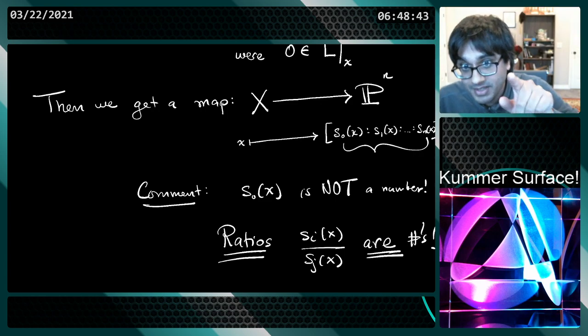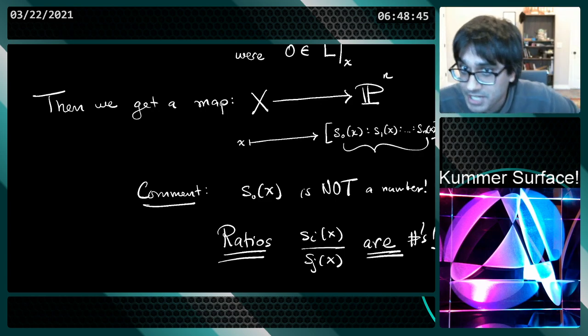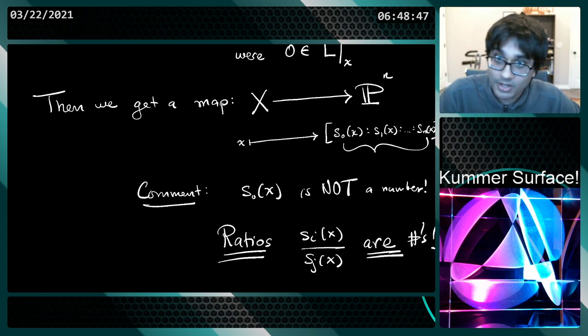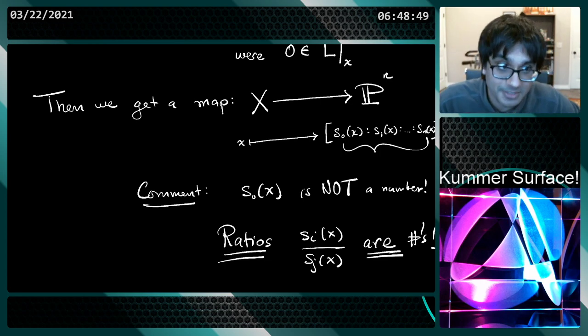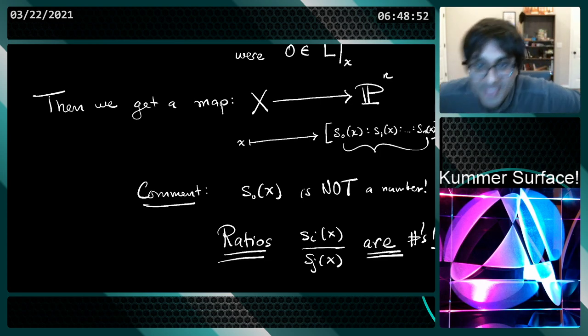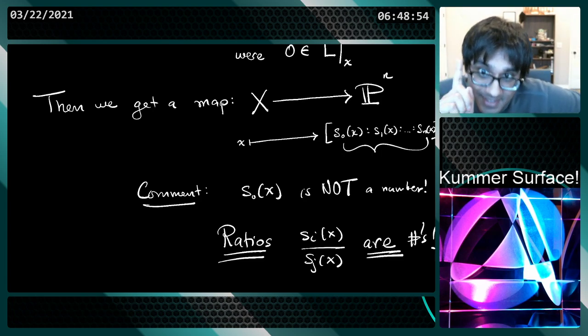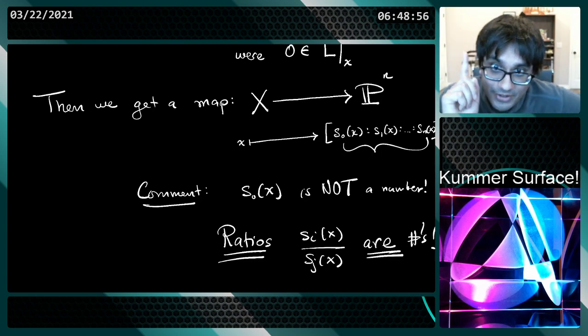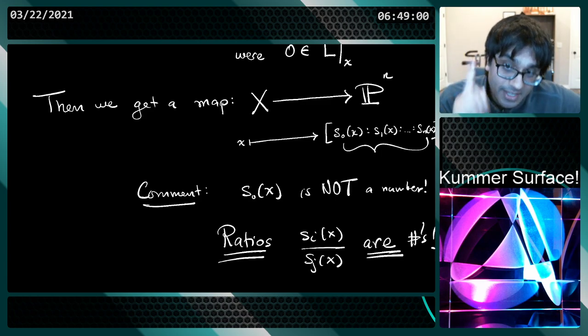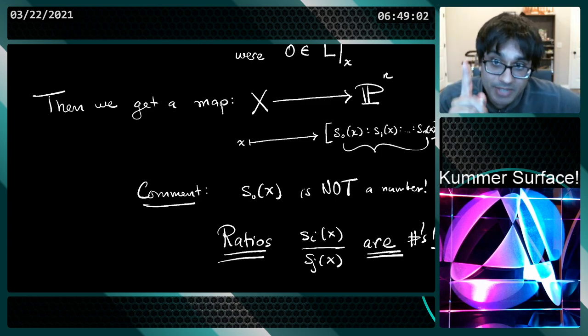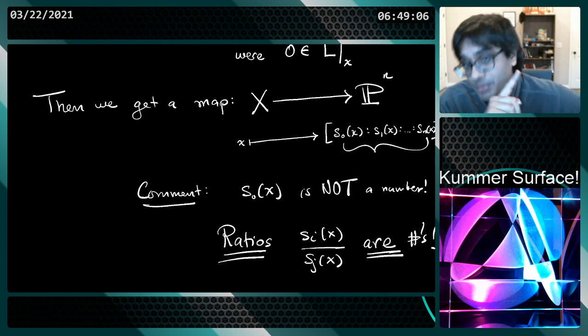No problem. This tuple as a point in projective space won't change. They'll all scale by the same fixed constant. Okay? So that's a subtle point, but very important. That a map, sections of a line bundle, if they don't have simultaneous vanishing at any point, produce maps to